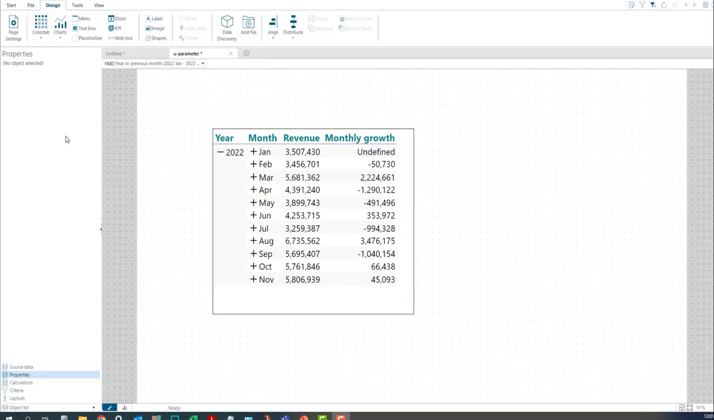Here we are looking at a table in Target showing revenue by month. And we've added a calculation, which is the monthly growth. It calculates the growth from month to month, from January to February, February to March, etc. And as you can see, it seems to have an error here, and that's because there's no month previous to January. So if we look at the calculation syntax,